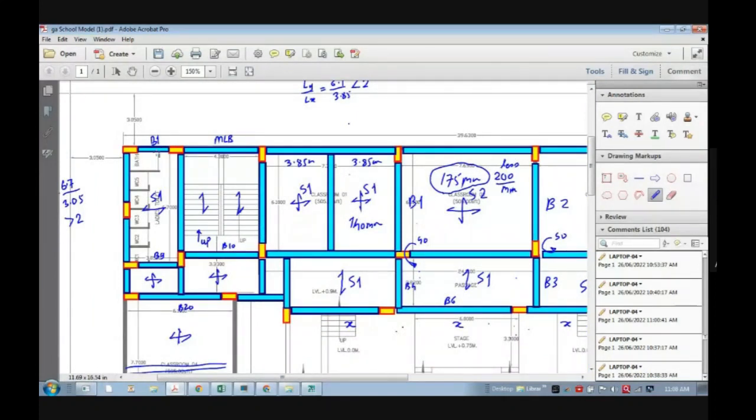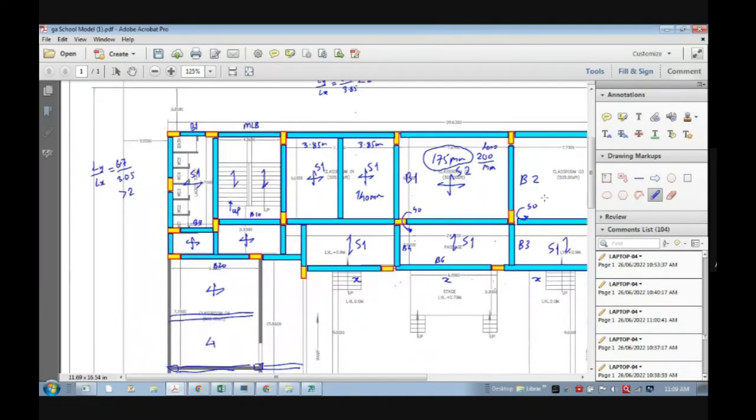Modeling करना है हमें, design करना है या. So you should know the approximate sizes. So depth will be span upon 10. Yeah, roughly 1/10. So first point is that general depth available for beams, whatever we take, we can take